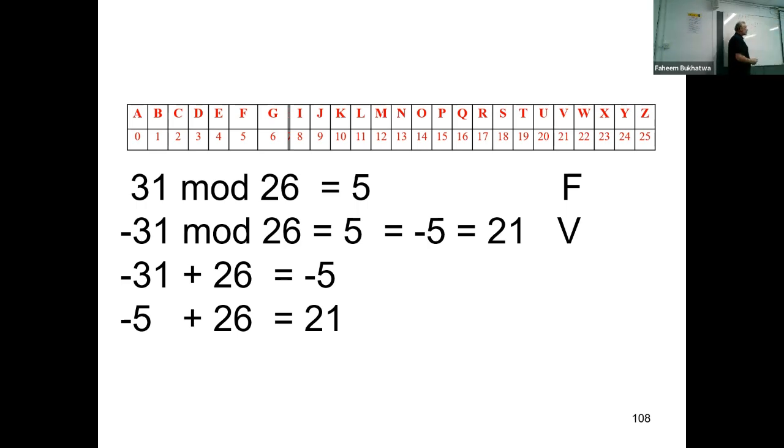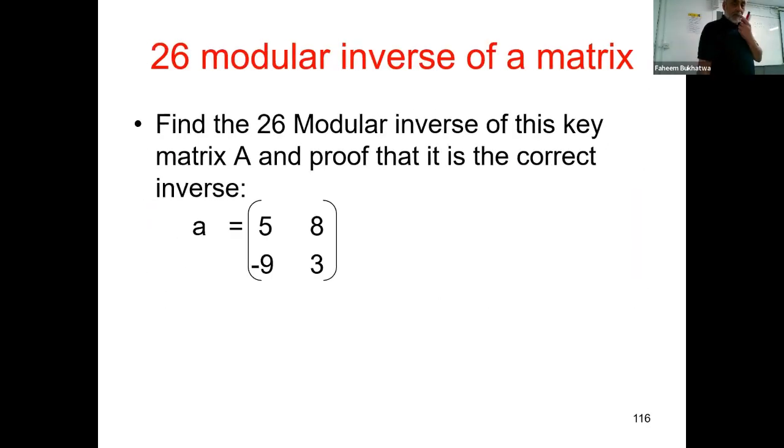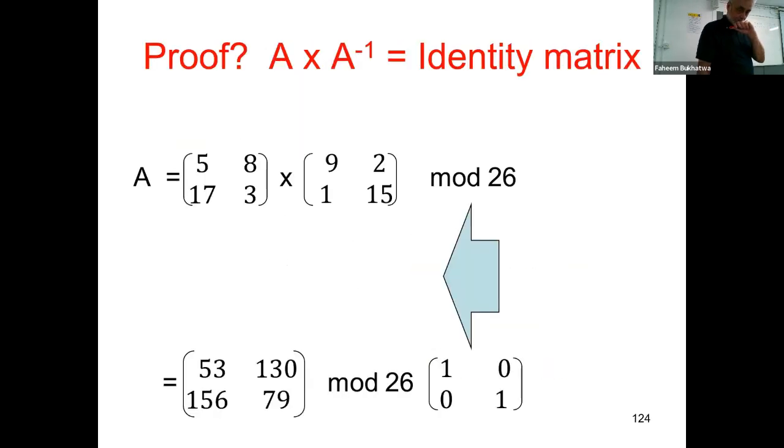How do you encrypt those? You take the encryption matrix. Where is the encryption? Is this it? Yeah. Oh, this is the encryption matrix. Use this encryption matrix to encrypt the message. So the encryption matrix is 5, 8, 17, 3,